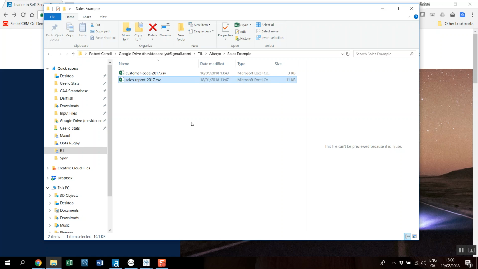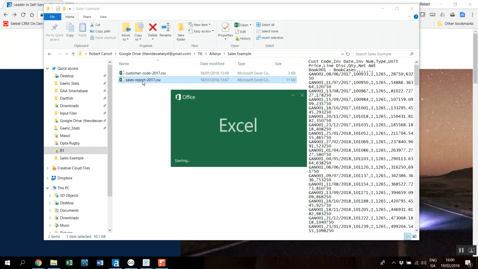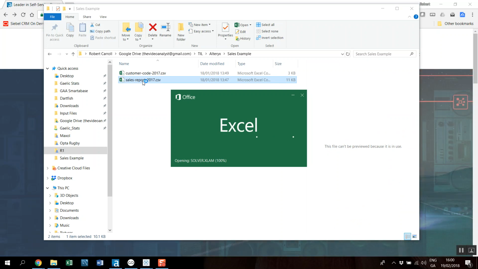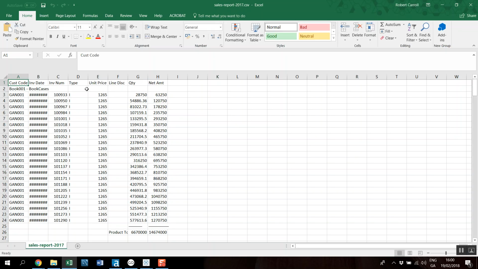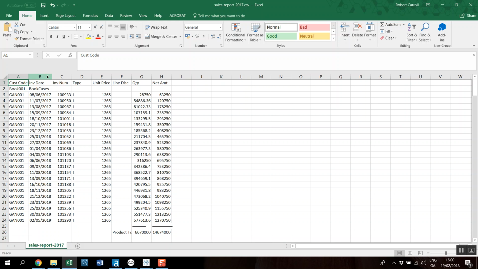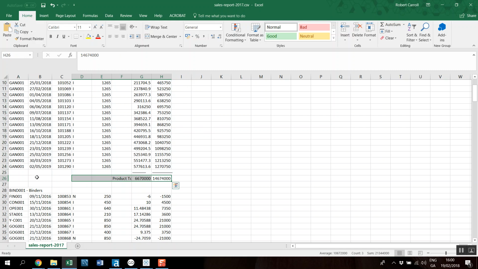So I'll give you a quick example of what this looked like. If we go into the sales report, and again, this is all anonymized and changed, but this is the exact structure that the data came out in. So we were trying to run basically a line item: a customer, an invoice number, a date, the amount, and what product was involved. And the way it came out, it's put the product on its own row, but it's not associated other than this sort of grouping. Even the product totals don't seem to have a product code next to it,